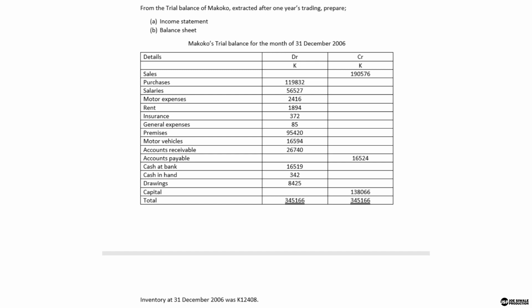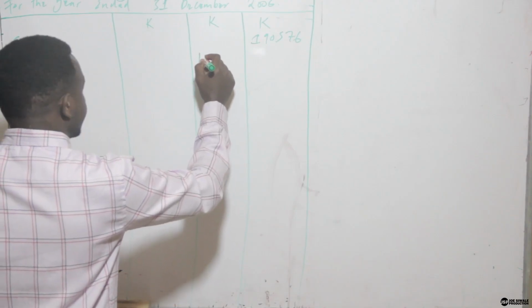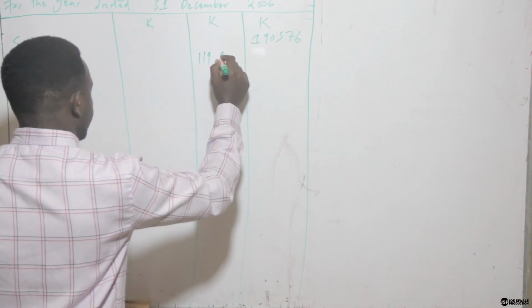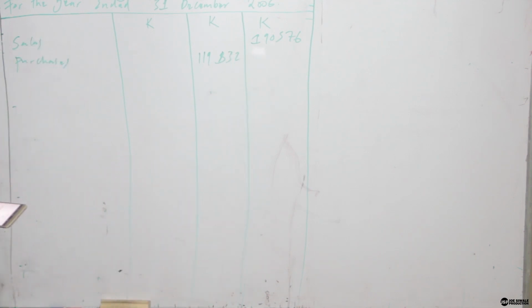So we don't have purchases returns. We also have to identify if we have any carriage inwards or wages. So we don't have that, with the amount of 119,832. Then we can say less